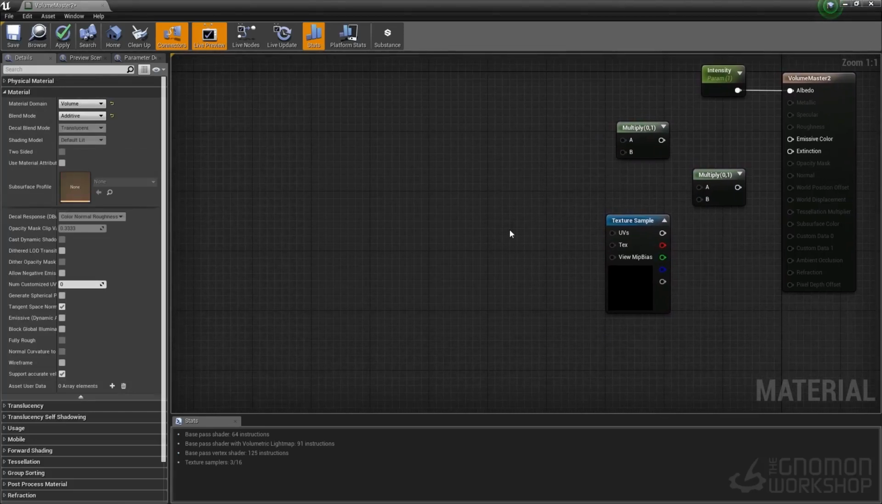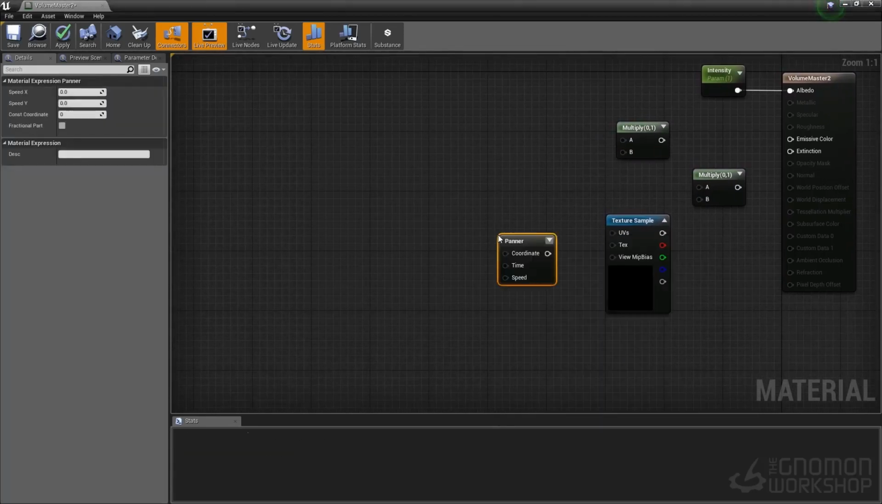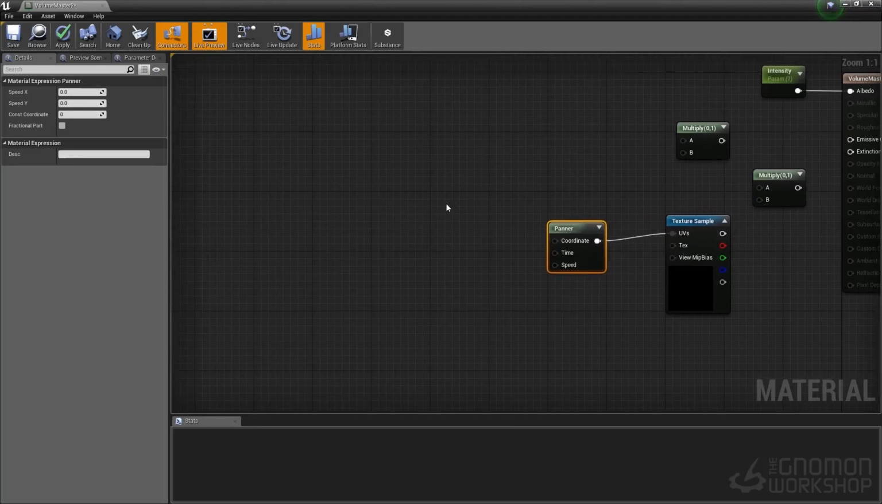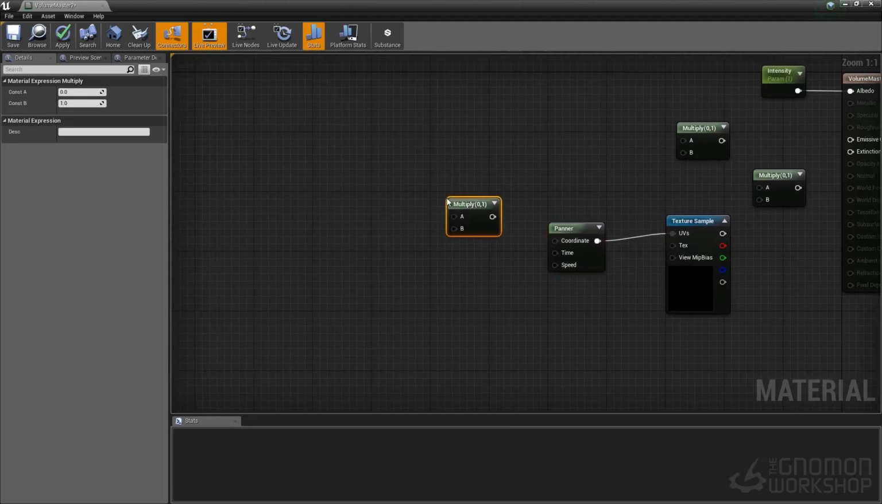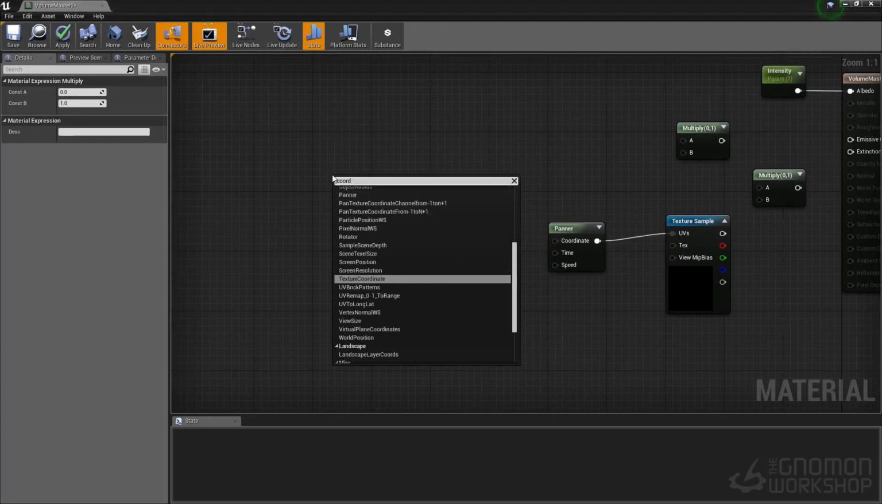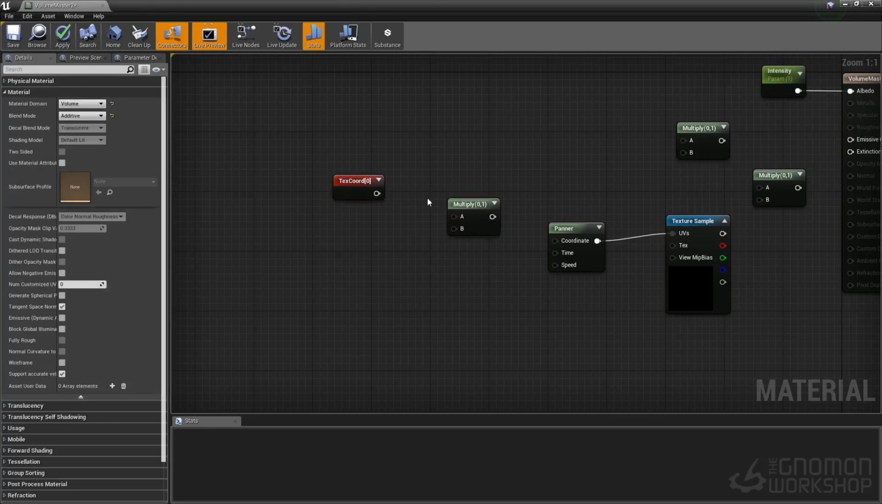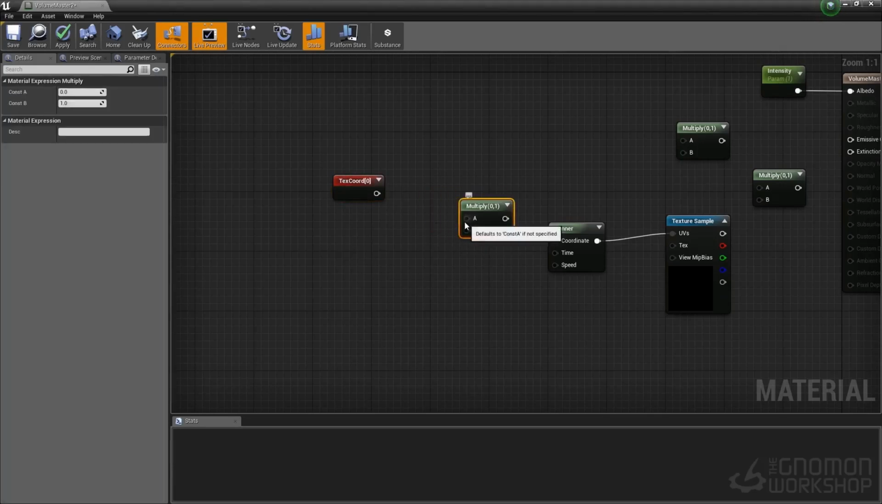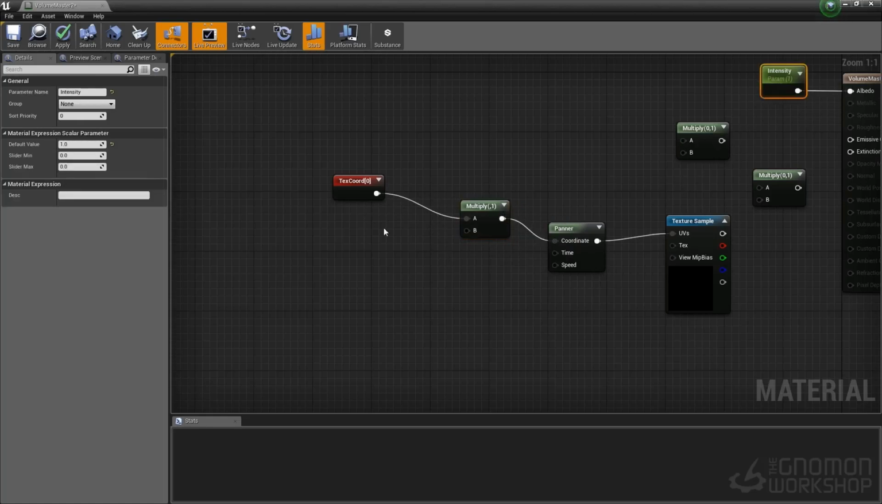Next thing you want to create is a panner node. You're going to plug the UVs of the texture sampler into that panner. Then you can create another multiply. Then you want to create a text coordinate. The A value of your multiply here will go into that. The coordinate from your panner will go into this multiply. And then we want to make a duplicate of this intensity. And I'm going to call this one mask